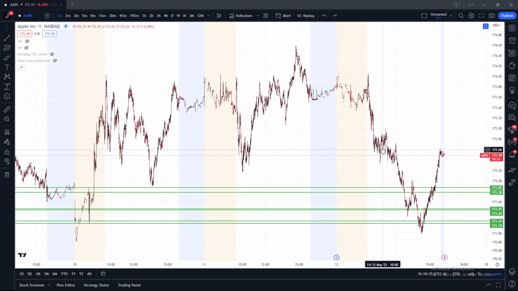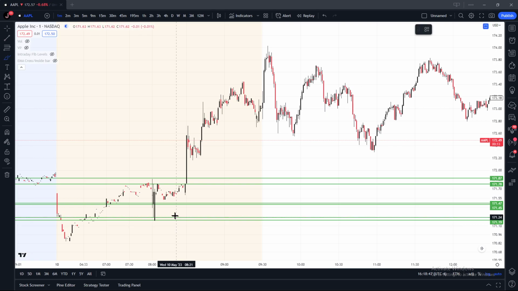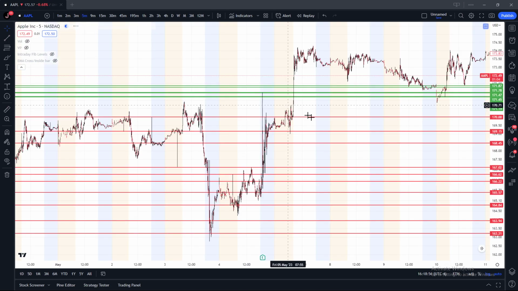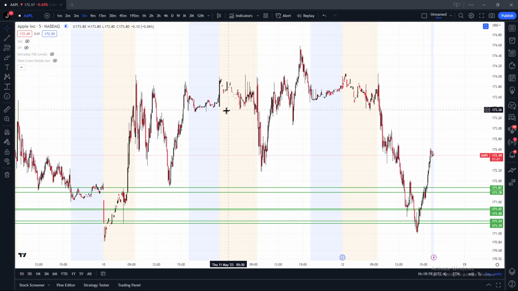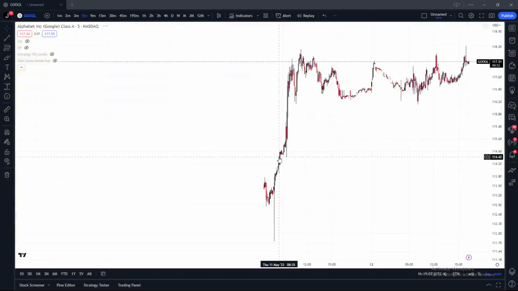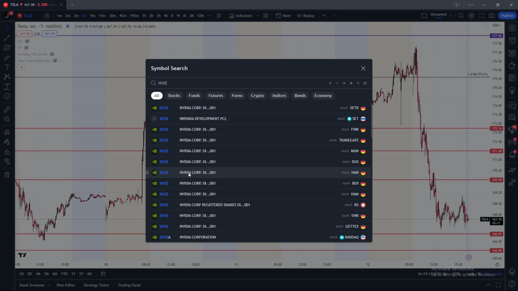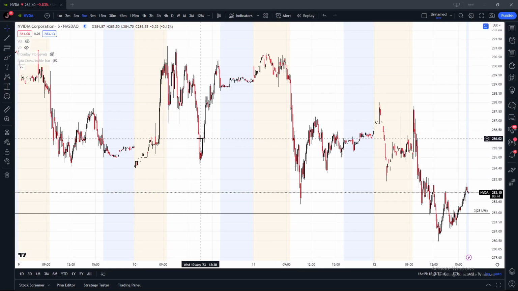So in this case, I wanted Qs to continue going lower and hit those targets. We hit that around here. And then you saw me adapt and discuss that 170, 120 spot, right? And I said it was priced in because we hadn't revisited this and 170. And the reason why I was saying that is if I pulled up any chart right now and I look at what happened on that Wednesday and I compare it to Apple, there was not a single stock in comparison to Apple that did not tap its core. And if you don't believe me, we can just look: Google, tap core, Tesla, tap core, Nvidia, tap core, right? And we can keep doing this.